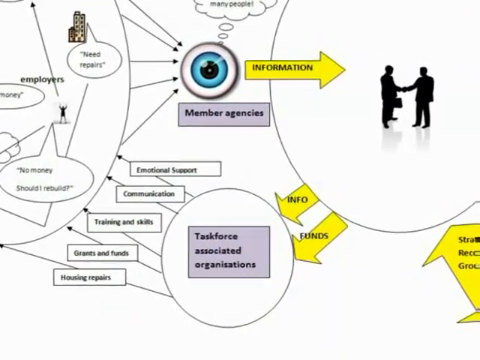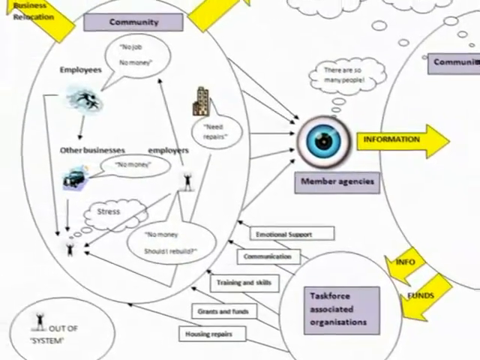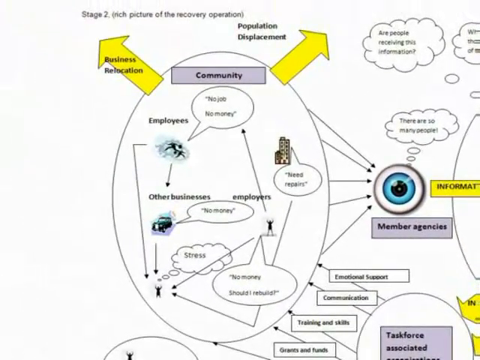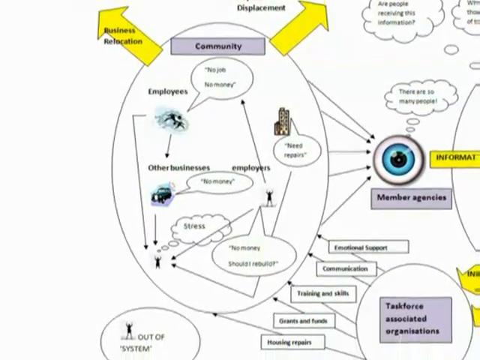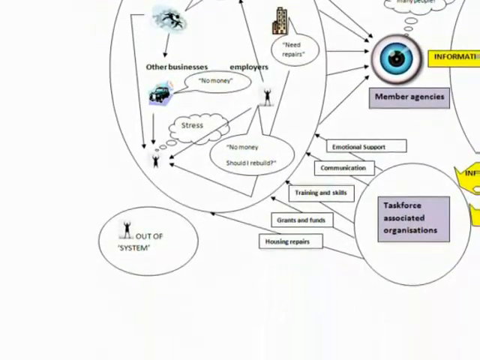The community and some of the major issues and impacts arising from the Buncefield incident are represented to the left of the picture. The arrows within the circle represent some of the linkages and knock-on impacts of the Buncefield incident within the community, for example damage to businesses leading to unemployment. At the bottom left of the diagram, the individuals outside of the system are represented. These individuals were those who needed assistance but couldn't be readily identified by the Community Recovery Task Force, temporary workers for example.